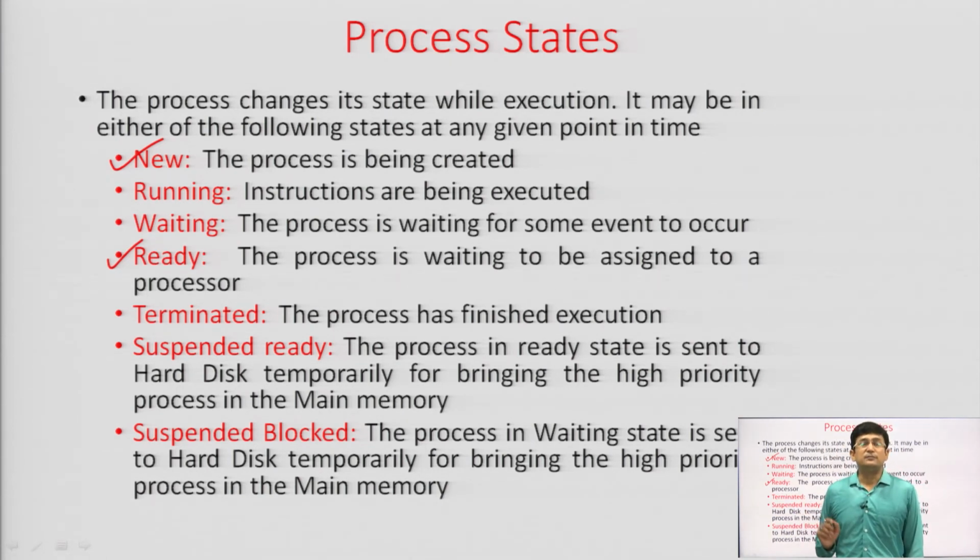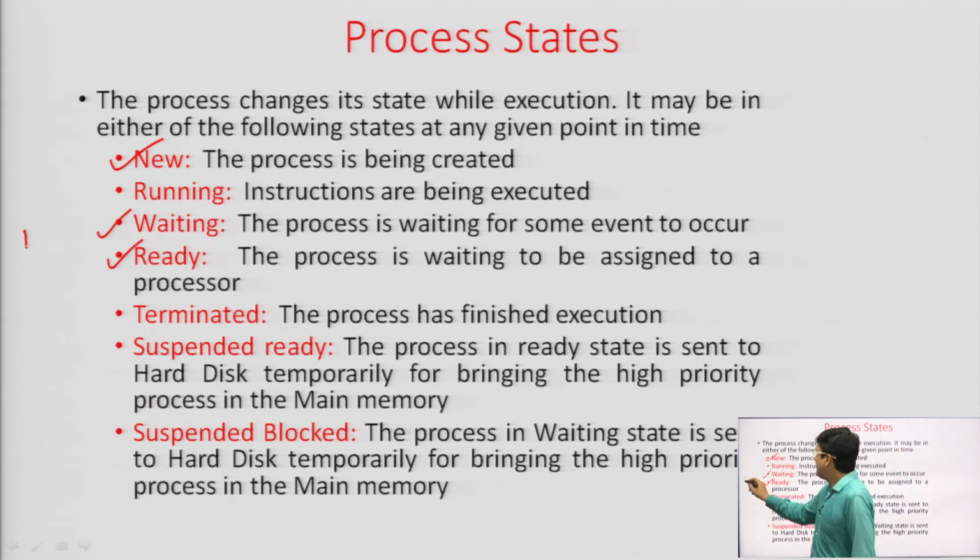A process was running and meanwhile it requires some input output. Input output simply means that whether you want the input from the user, or you want the input of the instructions from the hard disk, or you want the input of the data from the hard disk, or you want the output to be done at some output device, all these are the input output activities. So, when a process is running, it requires some input output, it is taken out of the CPU, it is waiting for the input output to be done. So, that process will be there in the waiting state. Sometimes we call that it is a blocked process. We say that this is either a waiting state or blocked state.